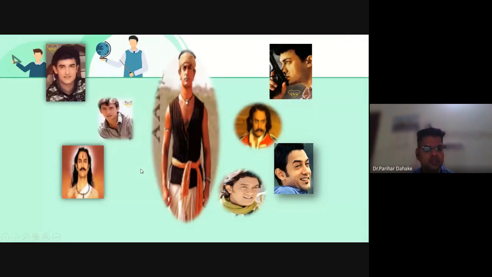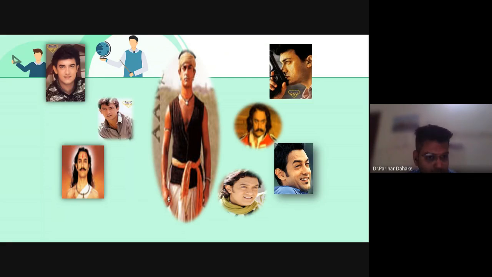He is a person who has played many roles. In different movies, he comes up with a different character, and in accordance with that, he's trying to create some perfection in himself. This is the most successful actor of India, Mr. Aamir Khan. But remember, for every movie, he takes up a challenge.